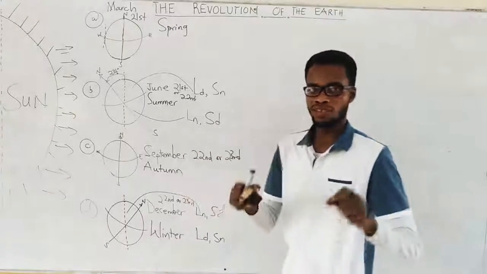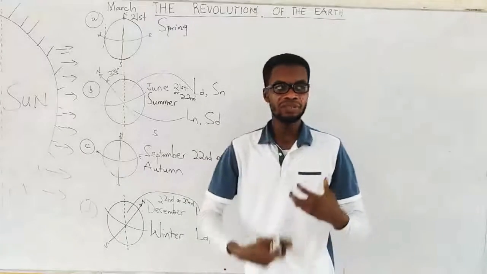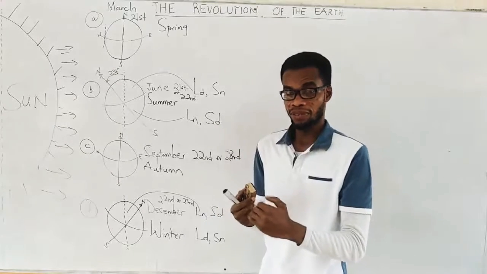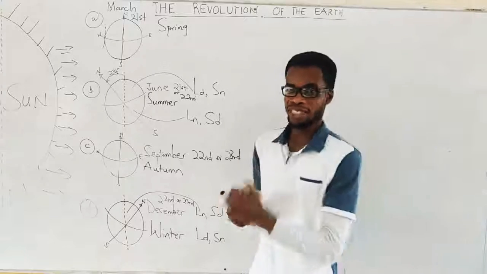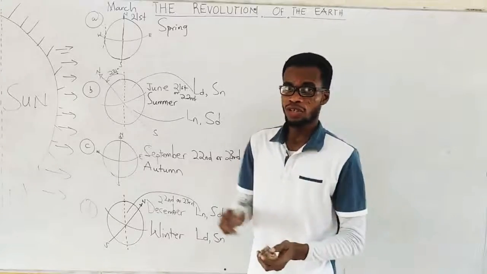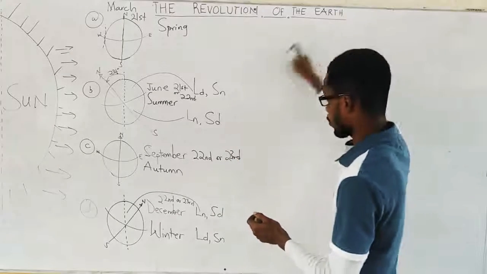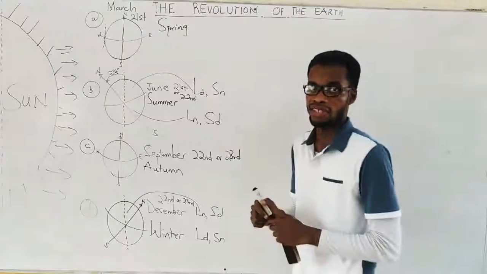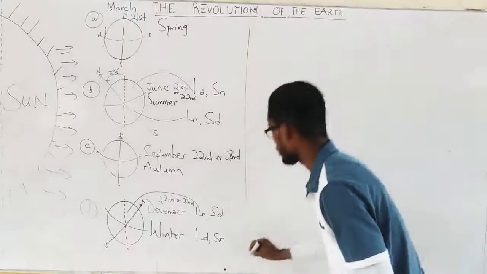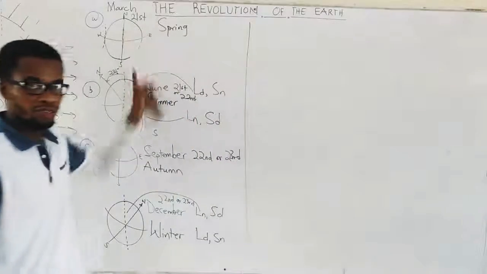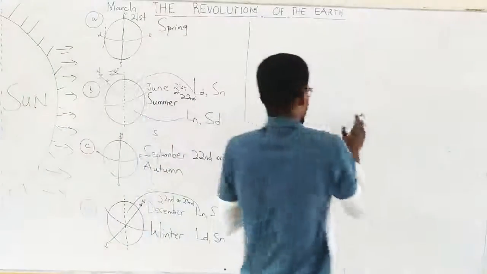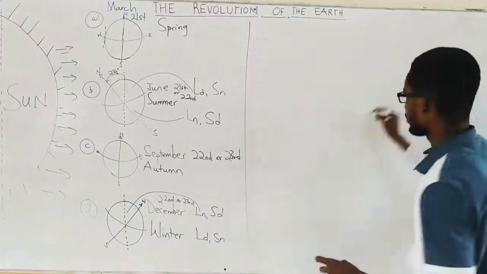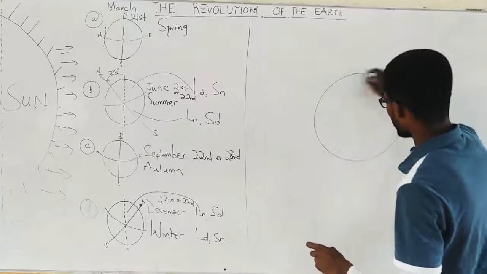But as a student in the exam hall, if you are presenting it as an answer where you have to explain the phenomenon and also support it with a diagram, you have to use the one that shows the earth actually moving anti-clockwise. That is the diagram that is expected of you. So whatever I've drawn here, I'm now going to put on that main diagram for you to get the whole picture clearly. As usual, your sun has to be bigger